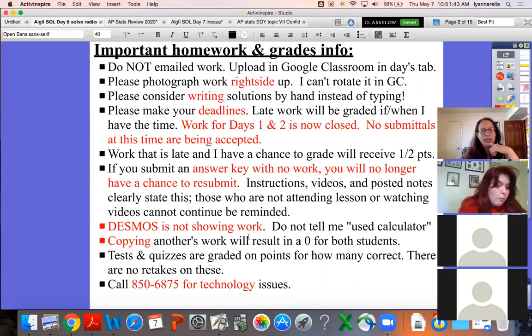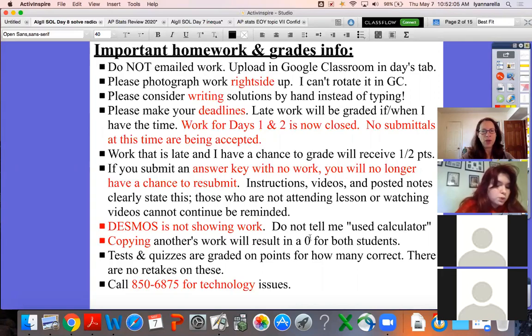And a lot of you say, I did it in Desmos. I don't understand how you think this is showing me work. It doesn't show understanding at all. Also saying I used a calculator does not show me understanding. Anybody can say I did all of the problems in Desmos and voila. I have no idea if you did, if you didn't, but don't tell me you did Desmos, because that's not showing work. And again, copying others, you can't do that.